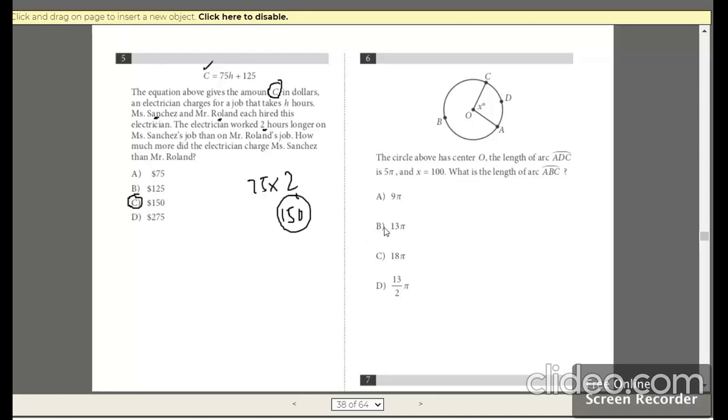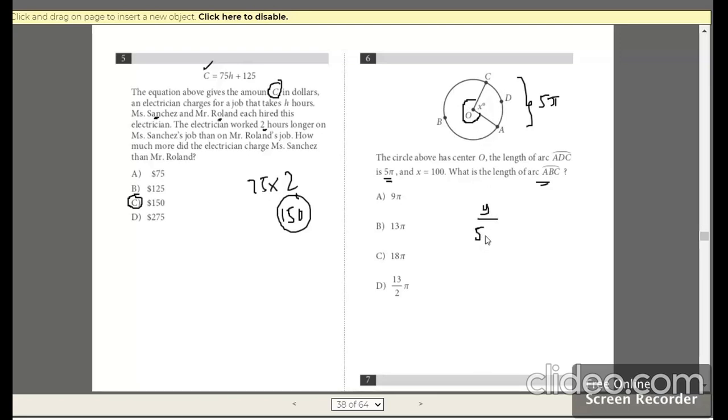Now coming back to question number 6, we have a circle wherein a sector is given with arc length ADC, and ABC is the bigger arc. We just need to work out the length of the arc, and we know they are in proportion. So we know the relationship between them. If O is the center, the entire angle will be 360. And this length ADC they have already given as 5 pi. The arc, this one, that is 5 pi, over this one, which we don't know, so let's just call it y, because the angle x is already given.